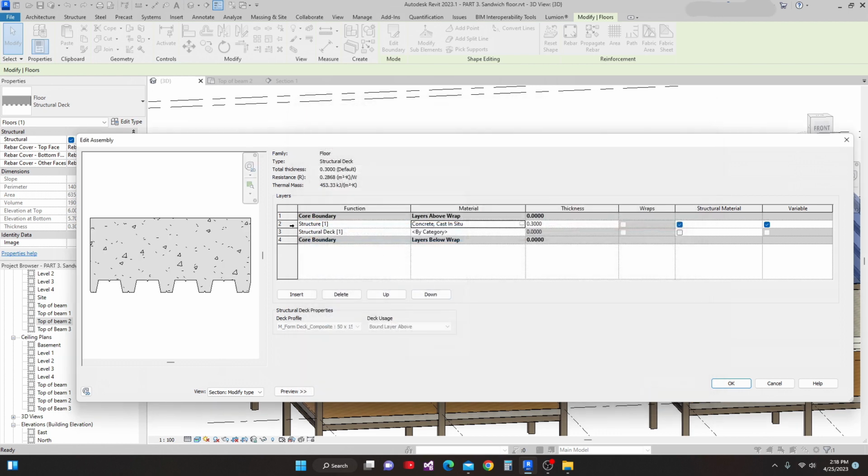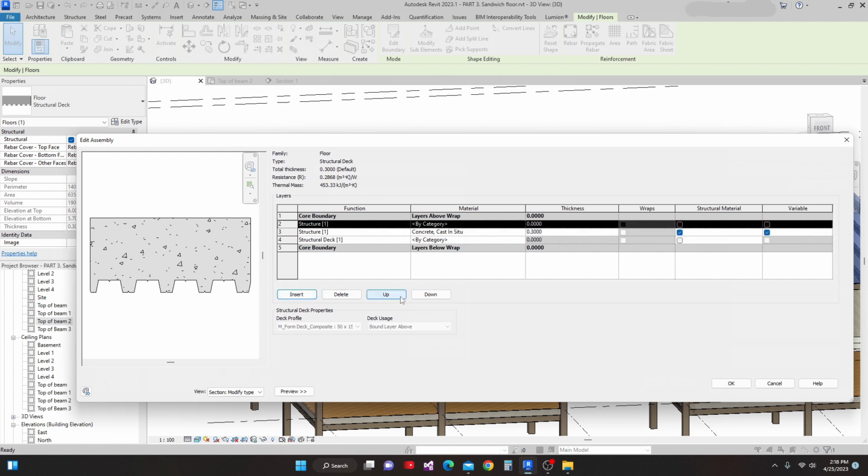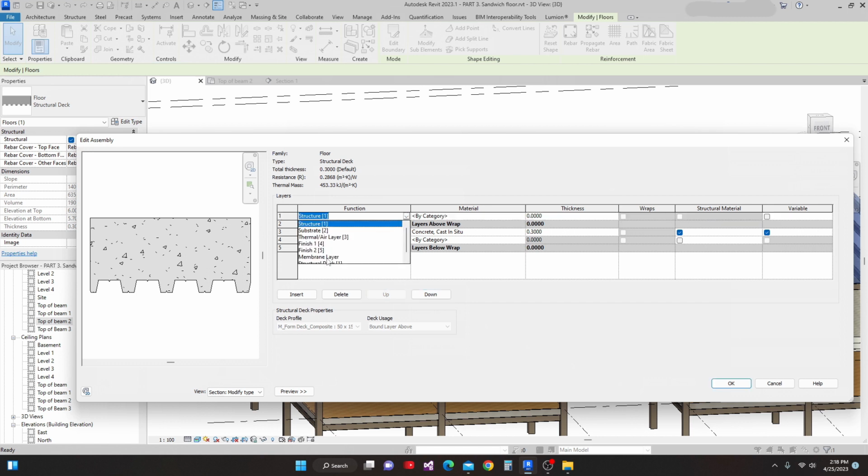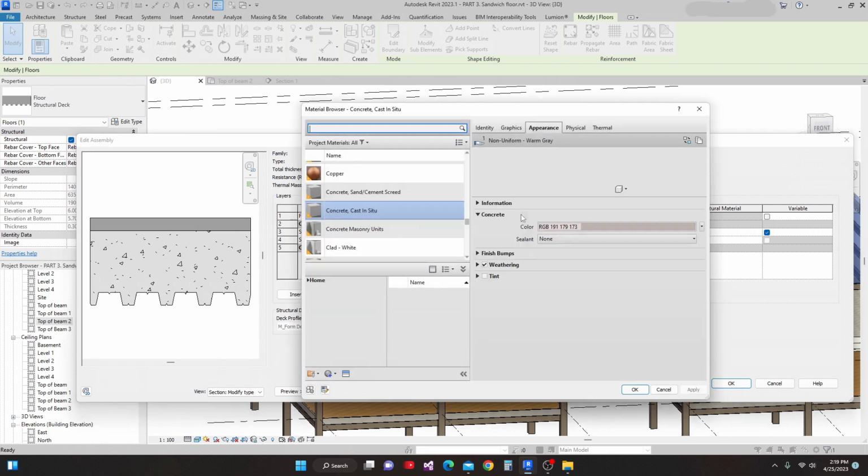And then next I'm going to add another layer, and then insert, and then bring it up, and then I'll place here finish floor, and then maybe I'll make this 2 inches thickness, and then enter,